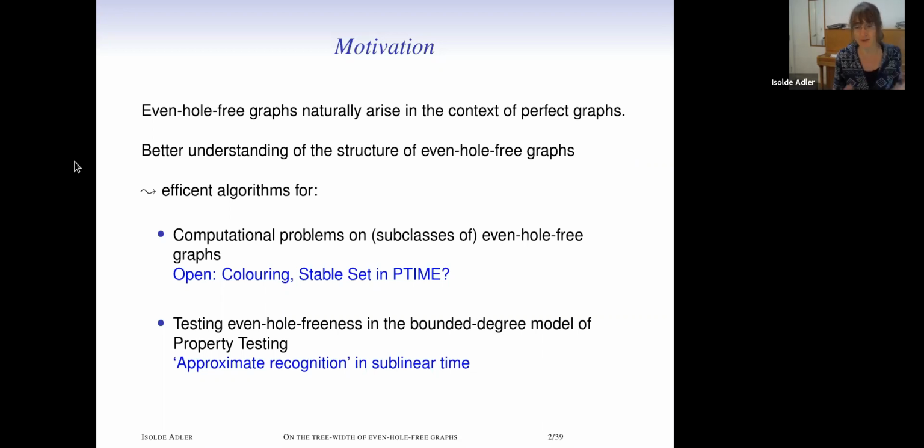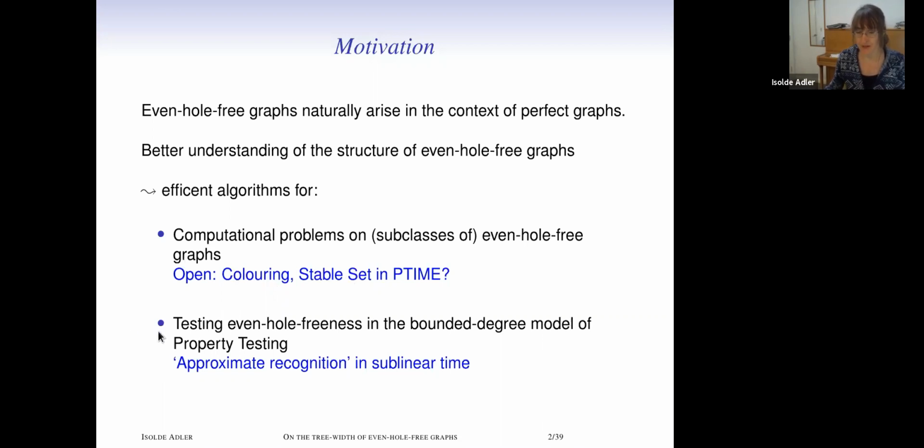And our hope was, if we have a better understanding of the structure of even-hole-free graphs, we might also be able to work towards efficient algorithms for, yeah, there are several open problems still on even-hole-free graphs. So for example, coloring is still open, whether this can be done in polynomial time, and the maximum independent set problem, so the stable set problem. And